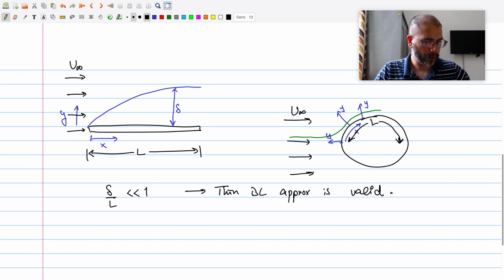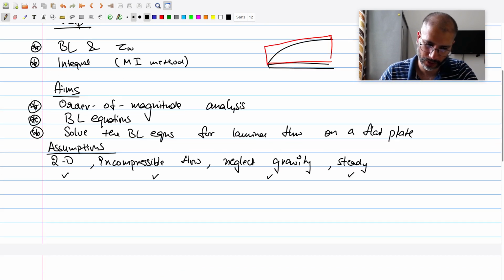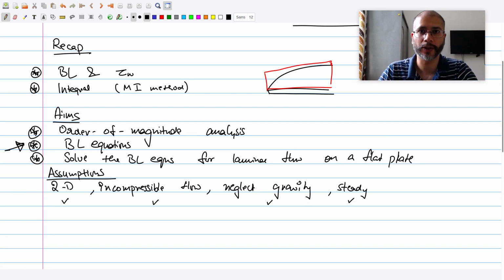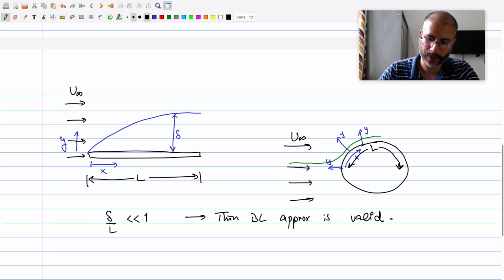Right. So, let us write the equations, the Navier-Stokes equations that typically will be solved, will be simplified in this situation, but let us write the equation. And remember, we are trying to solve for the equations inside the boundary layer. As I said in the previous, as the aim, we want to solve for boundary layer equations or develop the boundary layer equations. So, that means the equations of fluid mechanics which are valid inside the boundary layer. This discussion, this chapter number 7, is all about what is happening inside the boundary layers.